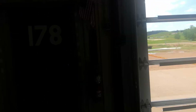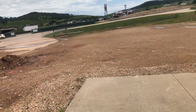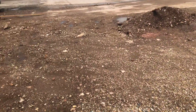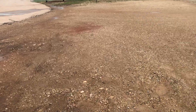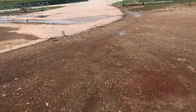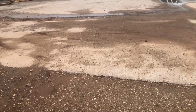We've had such cold, wet weather, very unseasonably cold and wet. And every time it rains, which lately has been every day, we've got sand and mud and gravel that is a problem. This should be blacktopped. They're going to try to do it before the Night at the Museum. I doubt that'll happen. Everyone's so far behind with the weather. I mean, today it rained all morning. Back in the Midwest, we've been getting hammered with